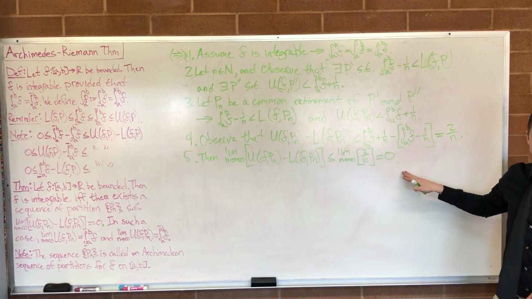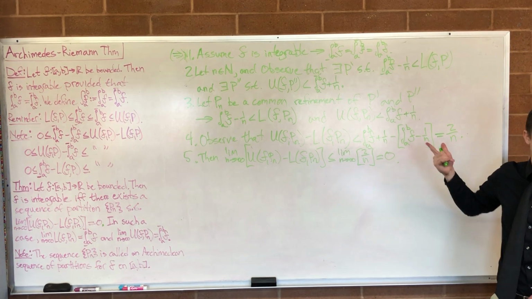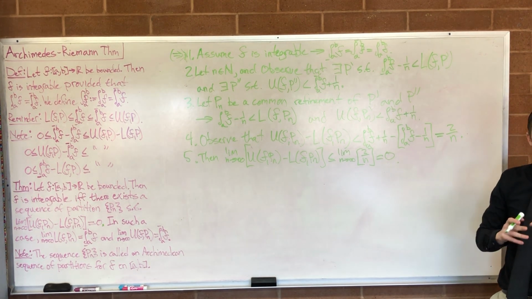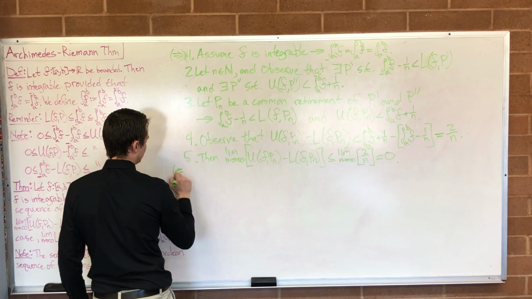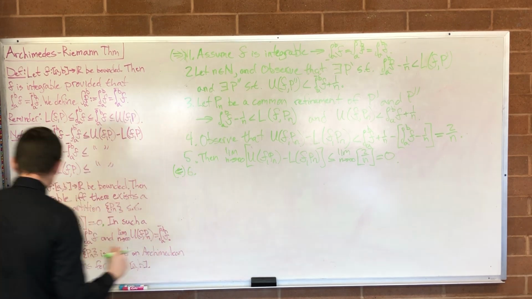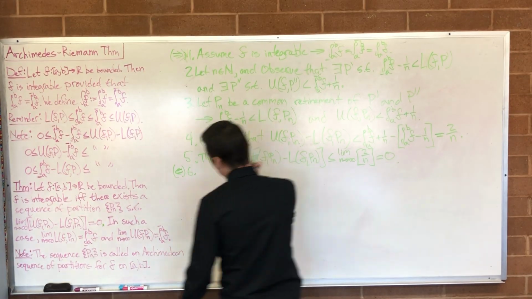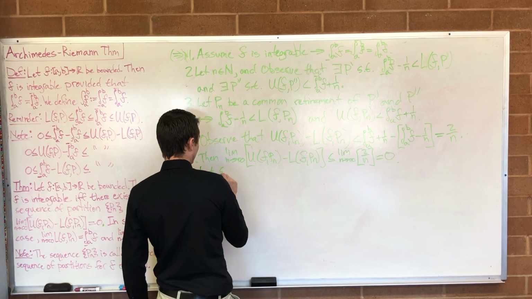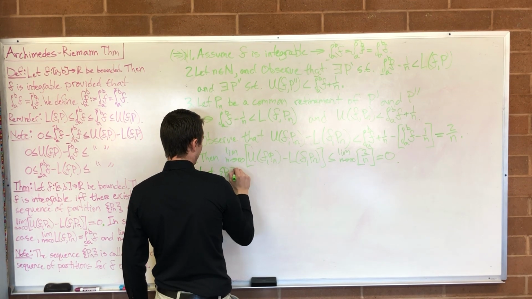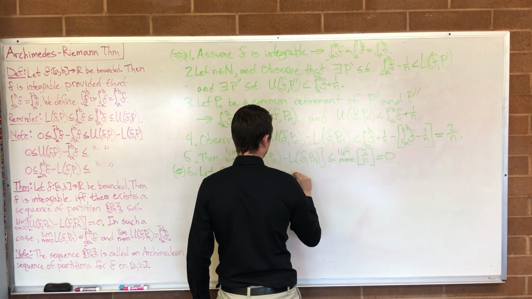Any questions there? This is the hard part. Going the other way is a lot easier. Alright, so let's do it the other way now. So the other way, we get to assume that we have some sequence of partitions. So now we say, let Pn be a sequence of partitions